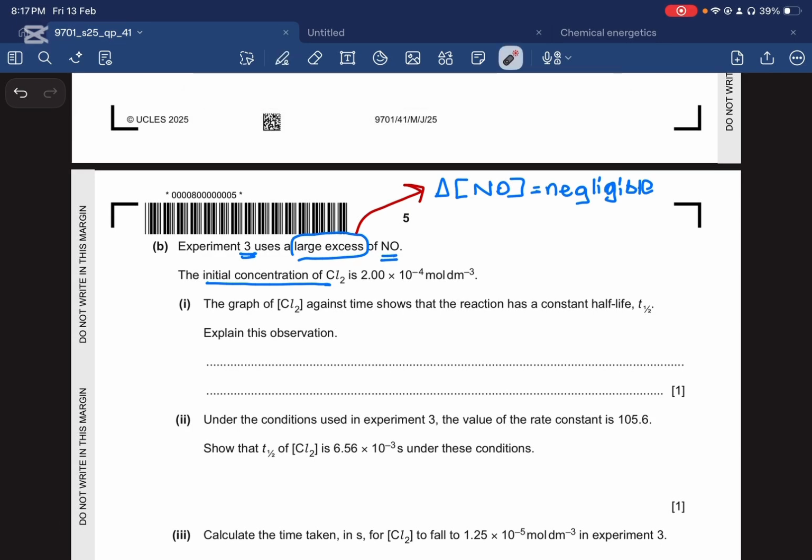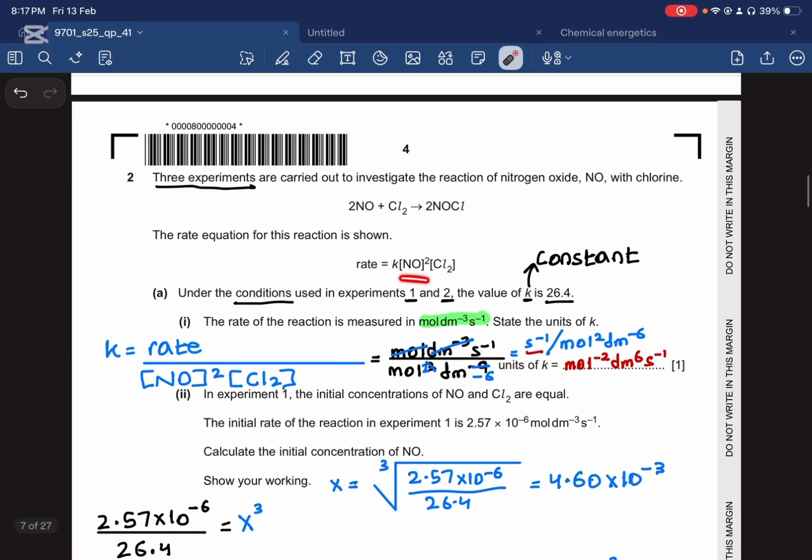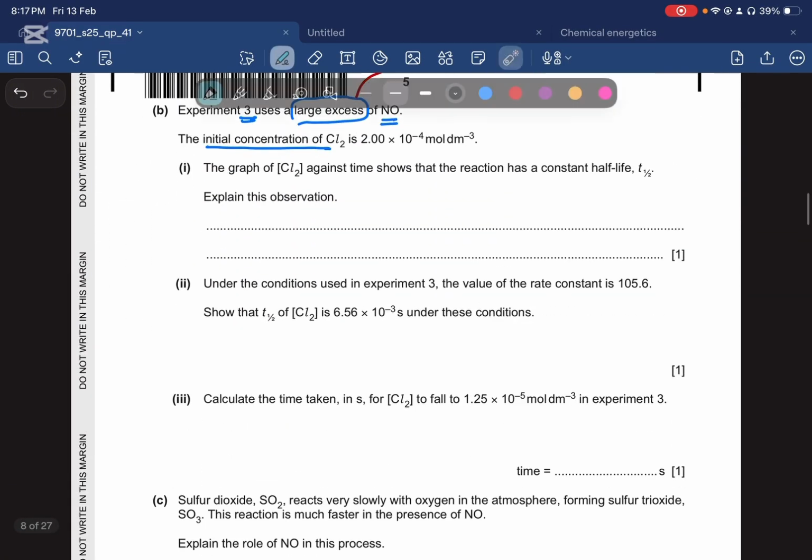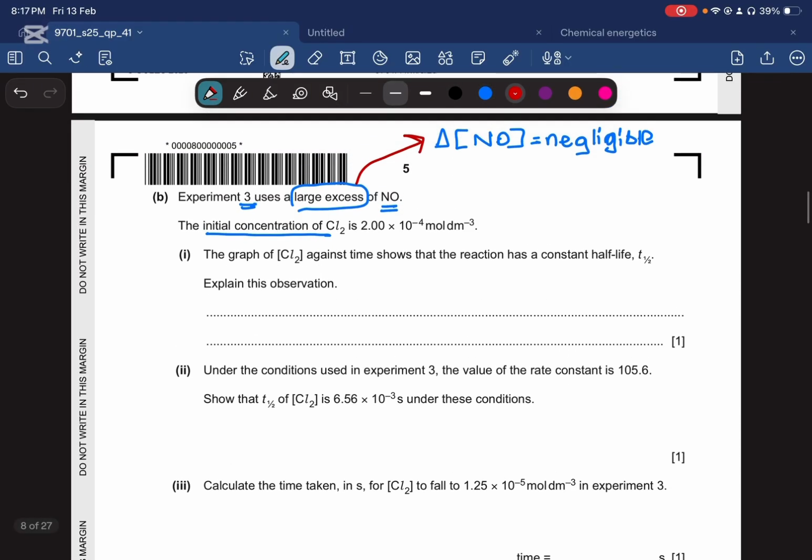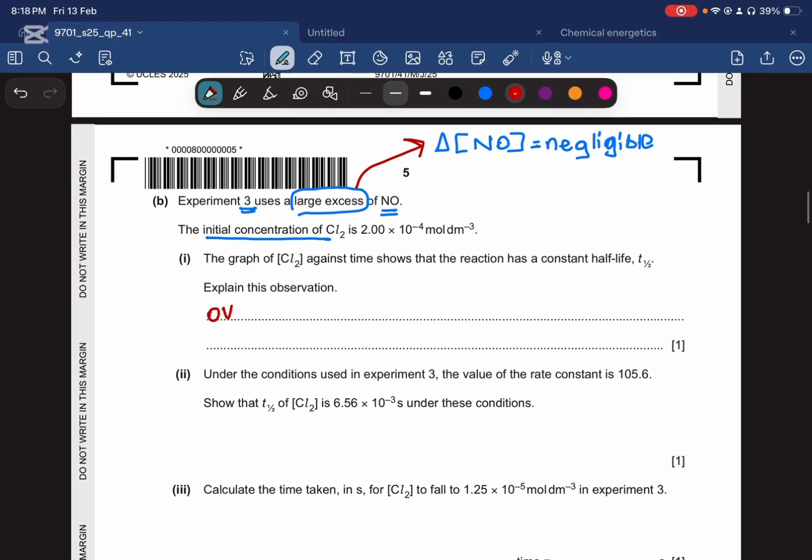How is the order of reaction 1? Isn't it 3 here? Yes. But we cancelled this out. How did we cancel this out? We took a large excess, meaning the change in the concentration of NO no longer matters to us. So we write down that the overall order of reaction is equal to 1